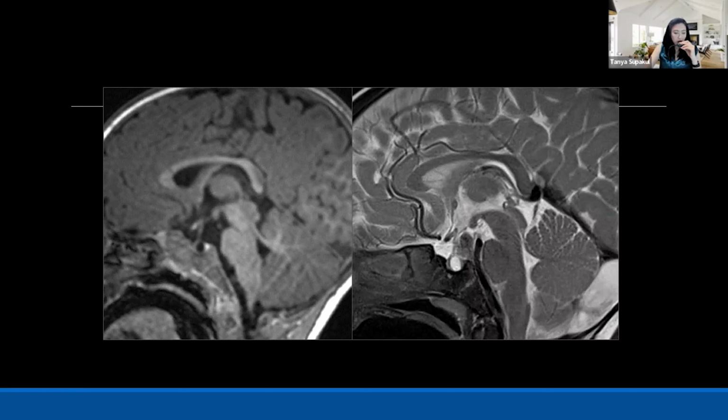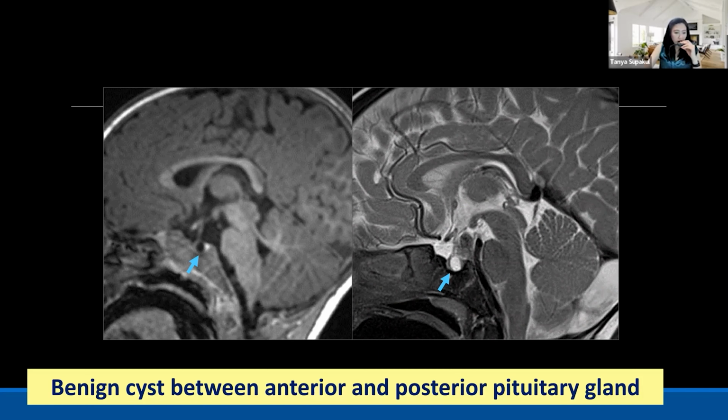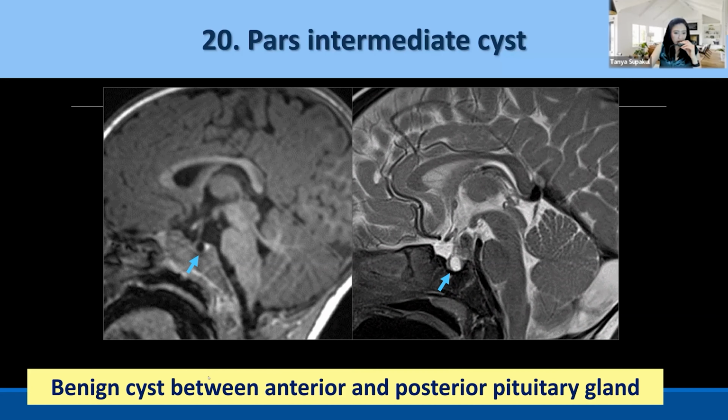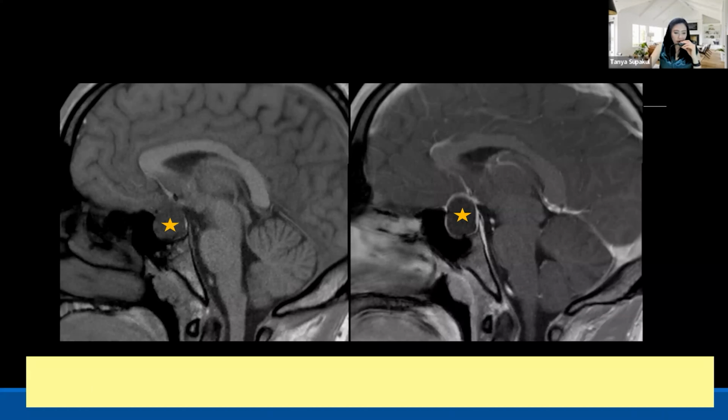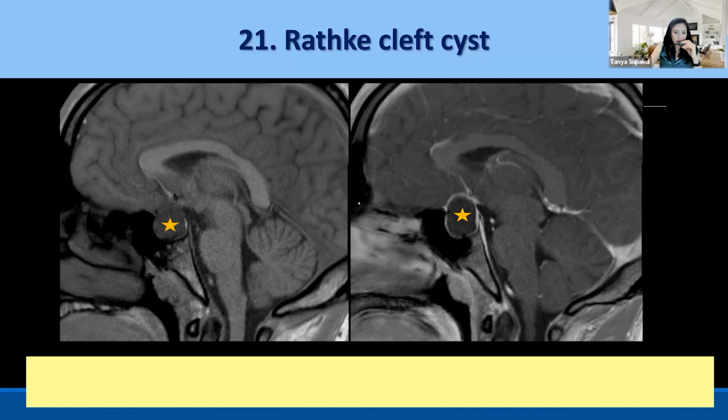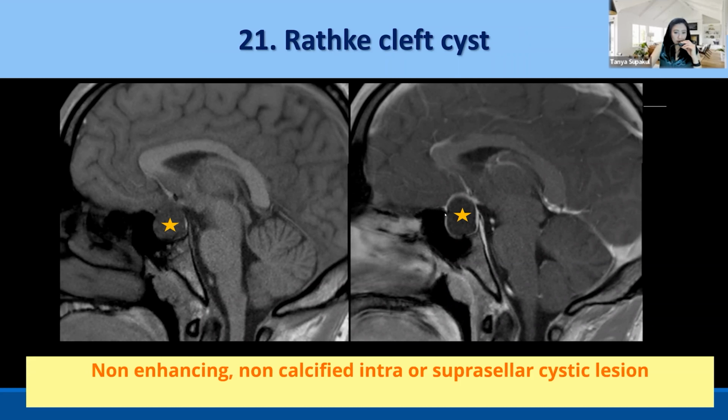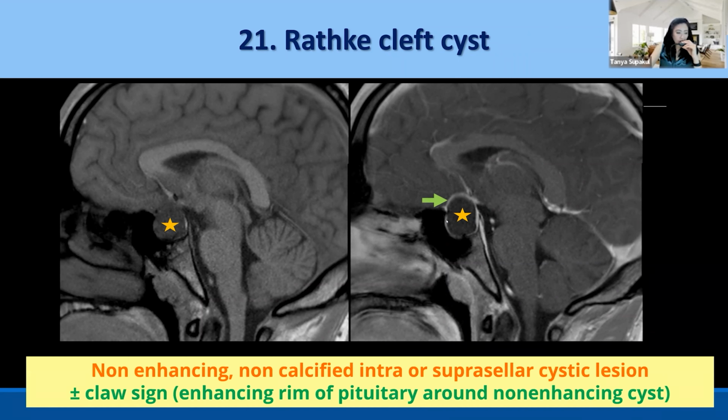This is a couple more patients about the checklist on the anterior and posterior gland. As I mentioned earlier, there is some potential space between the anterior and posterior gland where sometimes you can see CSF. In this one, you can see the CSF between the anterior and posterior gland, confined in the gland itself. This is a pars intermedia cyst. Compare with another patient where you see CSF density with some contrast enhancement and an upward border. This one turned out to be a Rathke cleft cyst.